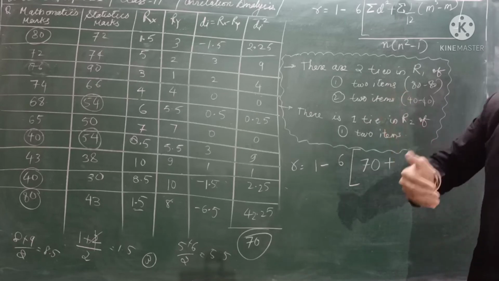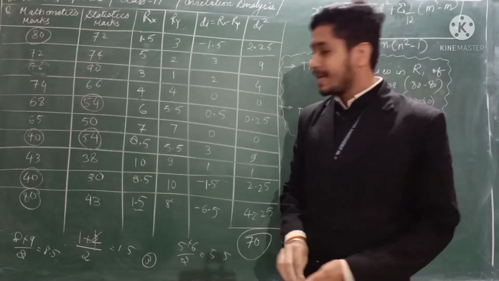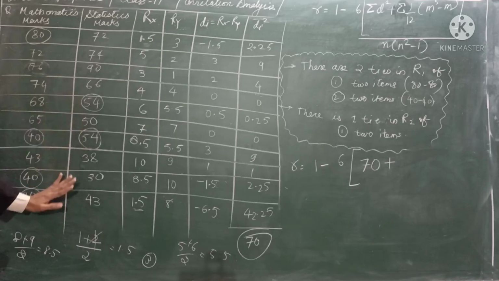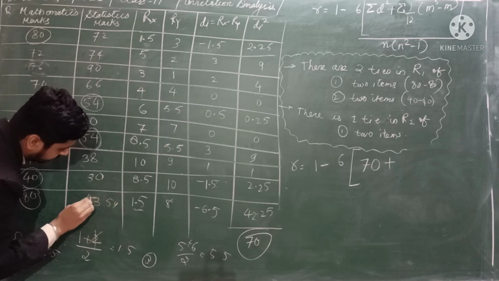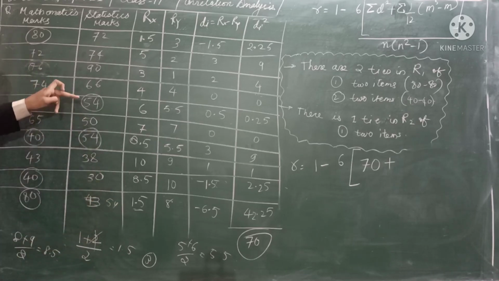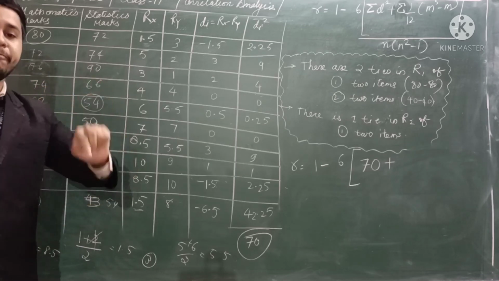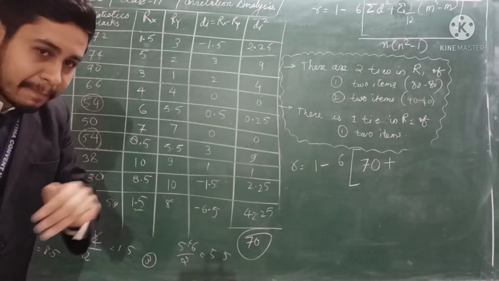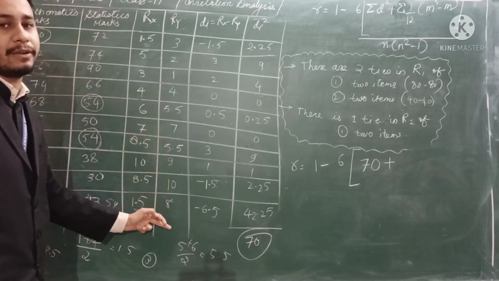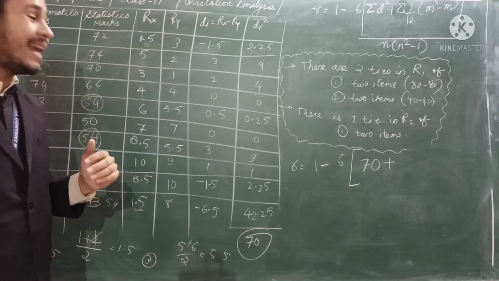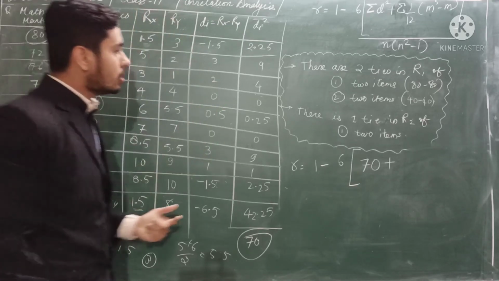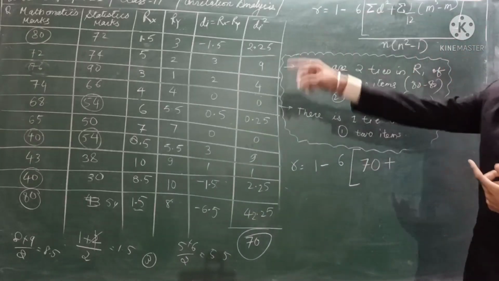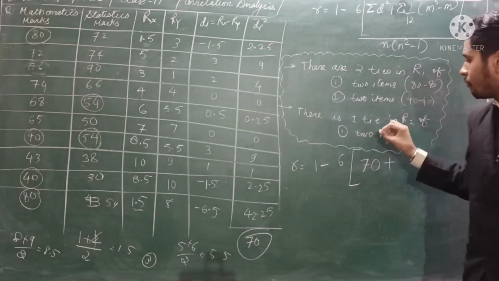You may sometimes have three items also. For example, I'm just making some changes here. This is 54, 54 in place of this 73. Say for example, if the question was 54, then 54, then I think this was 5, 6, 7. So 5 plus 6 plus 7 whole divided by 3, and you have to write the rank in that way. And the next rank will go to 8, so the next one will be 8, 9 and then 10, like that. So we have two ties in the first rank of two items and one tie of two items.